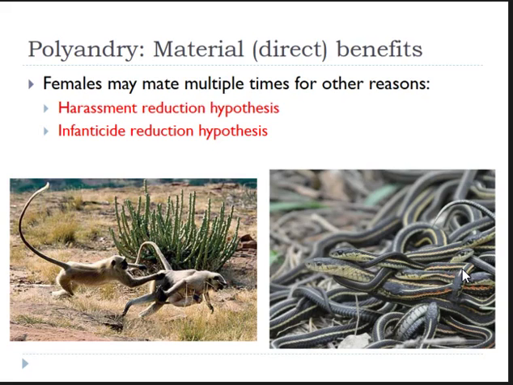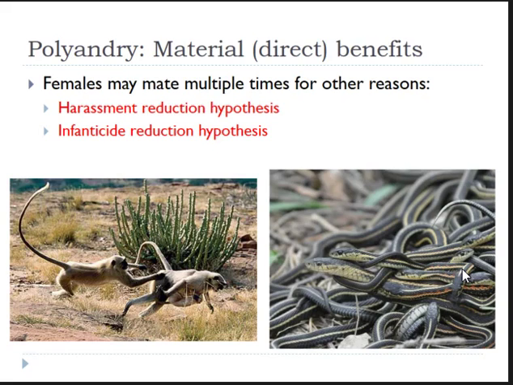There's also then the infanticide reduction explanation. This one's pretty straightforward. If you mate with more than one male, there's a chance that the offspring you carry could be your own or could be their own, and so they're less likely to engage in infanticide. We talked about that, I think, even going back to chapter 1, where